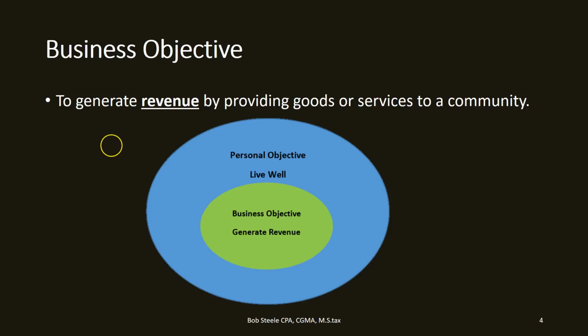And of course, if we look at it in terms of how the business is doing, revenue is one measure of how the business is doing. It's not the only measure, but if we did something like being a veterinarian and we didn't generate revenue, we lost money, we couldn't be a veterinarian. We would go out of business, right? So the revenue is going to be one of our major measures as to how good the business is doing,